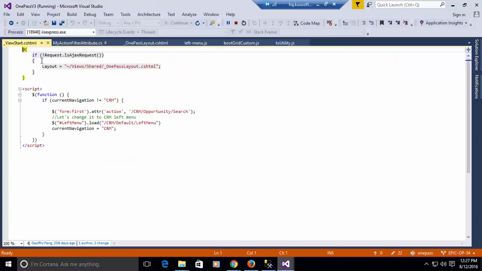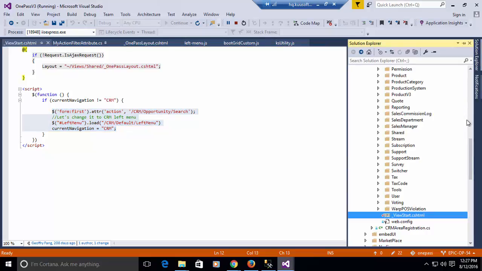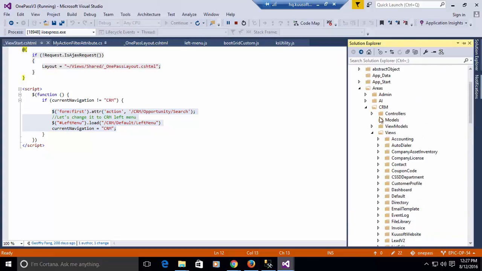If this is not an AJAX request, only then will the layout be shown, and this script will execute when the DOM is ready, and every time this code will check the current navigation. If this is not CRM, only then will this piece of code work and we will see the left menu. In the same way, I modified all